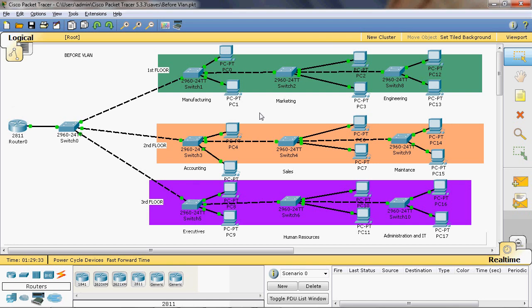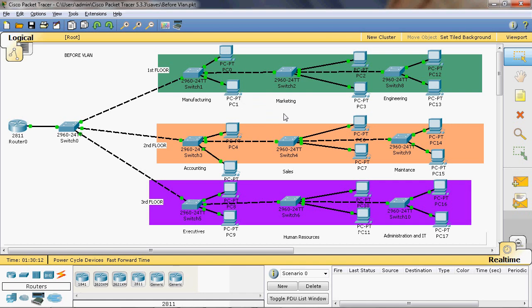uses an individual switch. The Cisco Catalyst 2960 series switch has 24 Fast Ethernet ports, but each department uses only 5 ports, so the remaining 19 ports of that switch will be wasted. So each department has 19 ports wasted, so cost-wise it will be high, because the cost of a Cisco Catalyst switch is nearly 1 lakh. Each department uses an individual switch but only 5 ports, so the cost